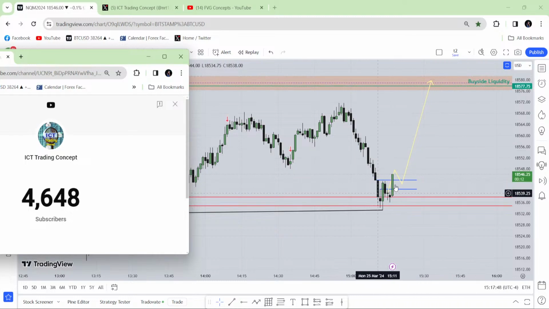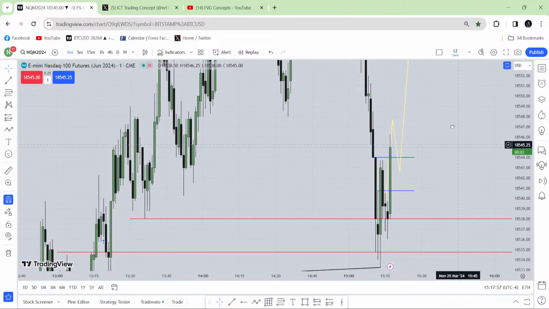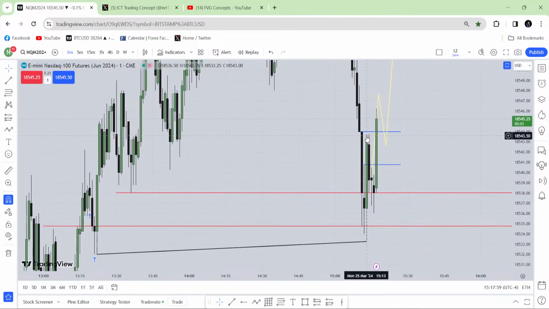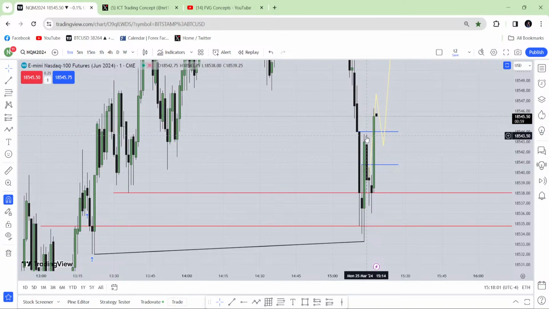Do I have any market structure shift here? Is there any swing high which is valid for shifting market structure? Absolutely not. Why are these two highs not valid for shifting market structure? Because these are relatively equal highs, exactly equal highs, not a swing high. So I'm not interested in marking that as my market structure shift.